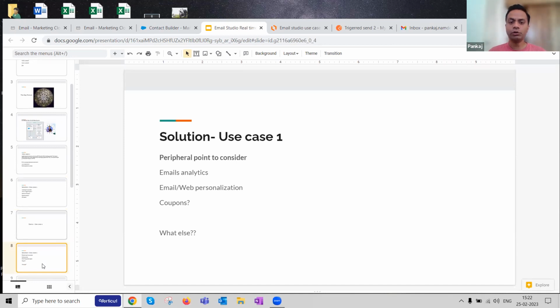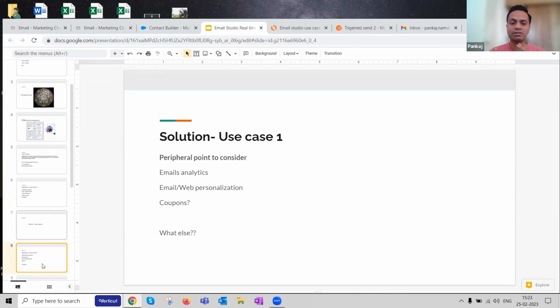What are the peripheral points that you need to consider? When I say peripheral points, these are certainly important, but you need to be cognizant of them while devising the solution. What will happen to email analytics now that you'll send that email to that particular customer? What will happen to that data, the clicks and opens, those analytics metrics? Because as you know, Email Studio or Marketing Cloud are not very good at reporting the data in terms of visualization and reporting. So a typical scenario in an enterprise case is you send it across to external systems, or you can use Datorama or other visualization tools. You can do all of that. So you need to think of how to use the email analytics.